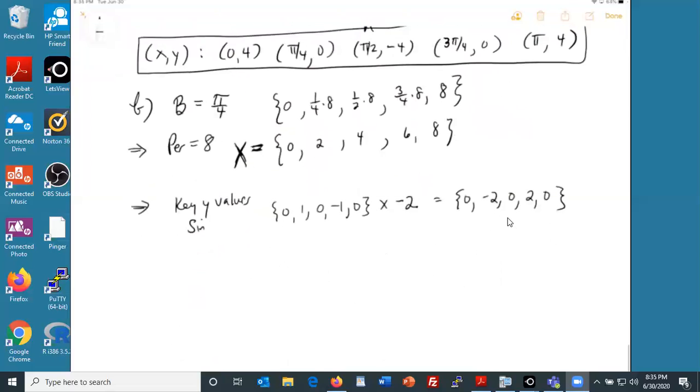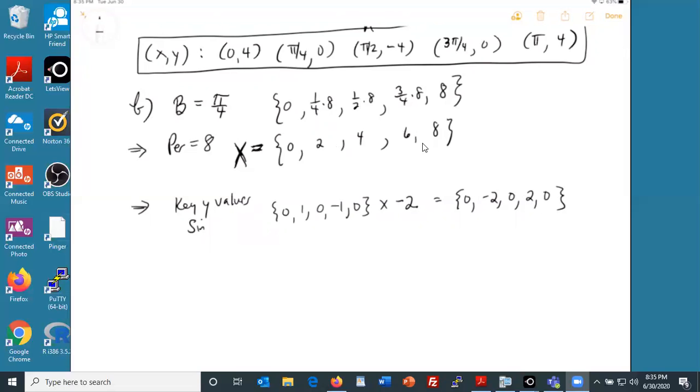And in b, the b value there was pi over 4. Therefore, the period should be 8, because you have to do 2 pi divided by pi over 4. That will be equal to 8. Since the period is 8, the first key x value is 0. Then it's a quarter times the period, a half times the period, 3/4 times the period, and 8 itself. When you simplify those, you get really good numbers of 0, 2, 4, 6, and 8 for the key